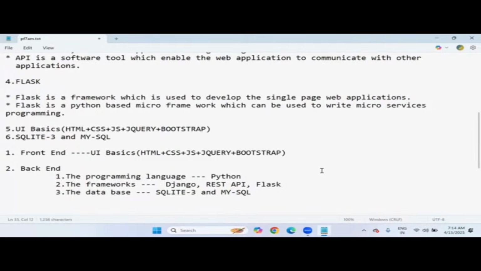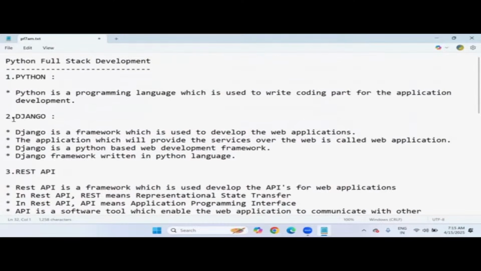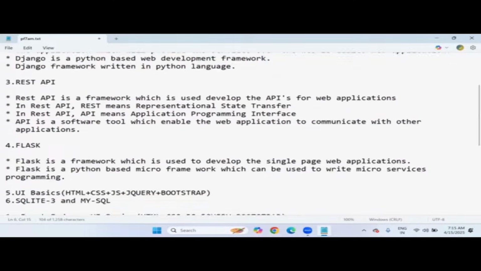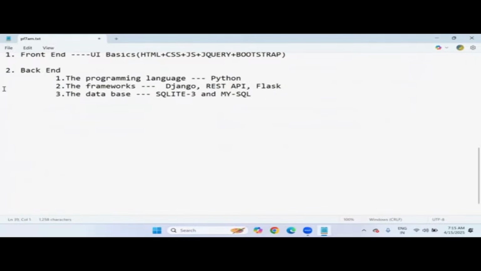So this is what I explained in the last demo lecture yesterday. I hope you got clarity, even the new joinees today. So from here onwards, my focus is on Python only, because without having Python knowledge,